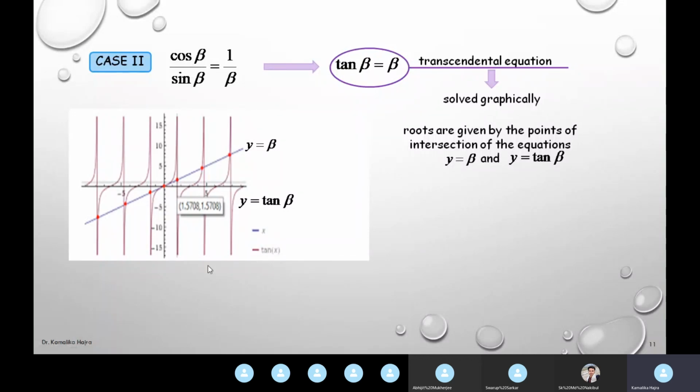These curved lines are the y equal to tan beta graphs, and you can see that this straight line intersects the y equal to tan beta curve at several points shown by these red points. Now one point of intersection is of course beta equal to 0, which again we will not discuss once more, because we have already seen the case given by beta equal to 0. It gives us the central maxima.